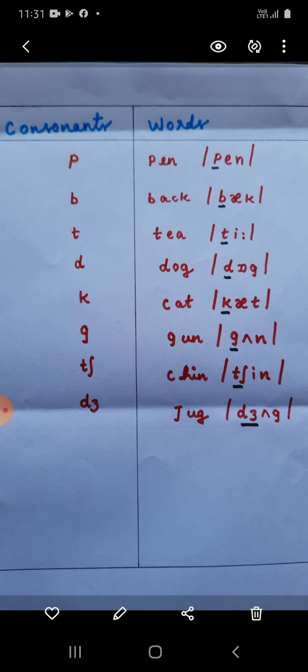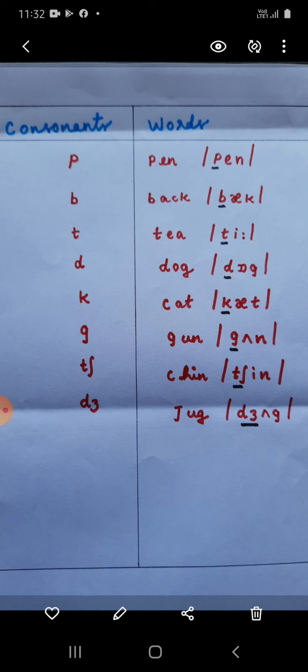That's the spelling of the word. After that, you can see on the screen that is P sound, then vowel sound E, then N sound. Understood? And we are placing that inside two slashes. Then we are reading or pronouncing it as pen. Pen. Clear? So we will pass on to the next sound.